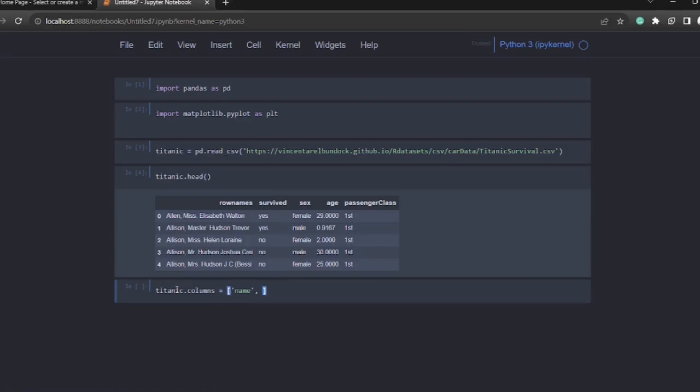Then the next one we call survived. That should be in single quotes. Then the next one is sex. And the next one is age. And the last one is class. Right. If I run this now and try to run Titanic.head to print out